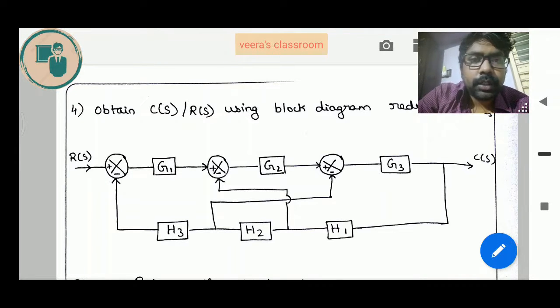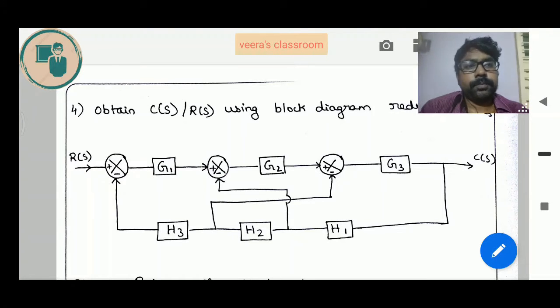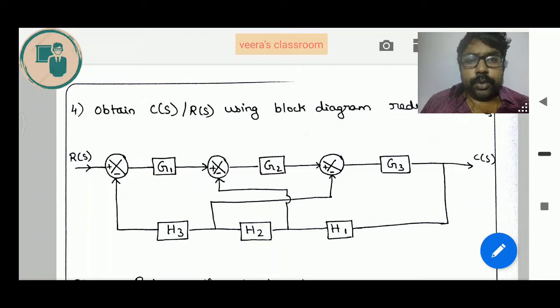So when you look at the problem, we have a crisscross of feedback loops going from H1 to G2 and H2 to G3. This crisscross of feedback loops has to be solved and we have to find the simplified term. So step 1, what can be done here is these branch points which have been derived from between the feedback elements have to be separated into 3 different feedback loops. This is the first step to be done.